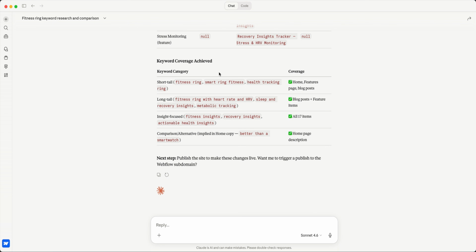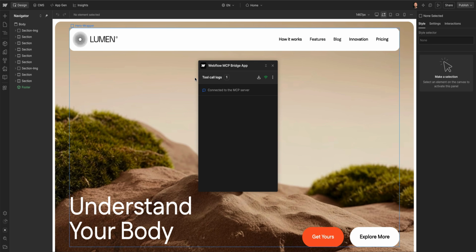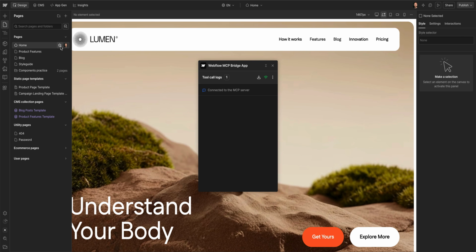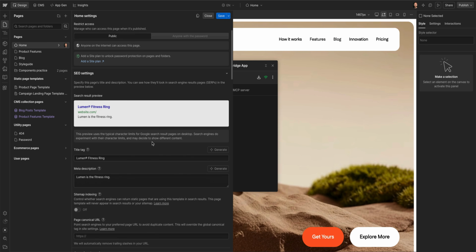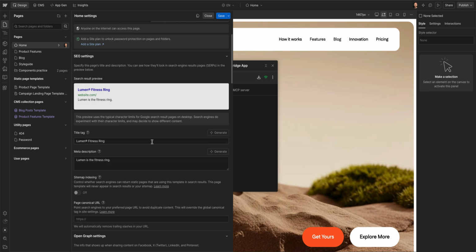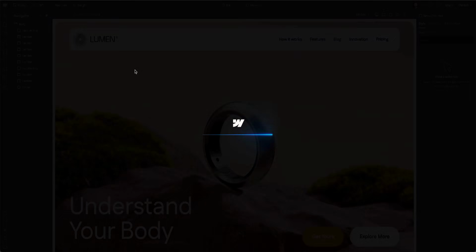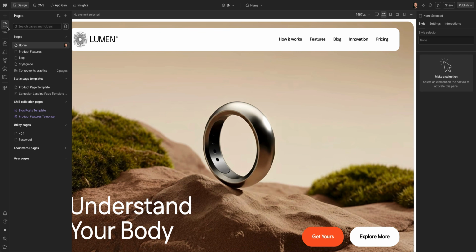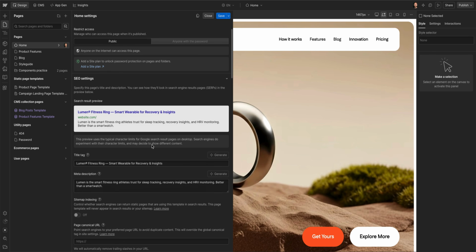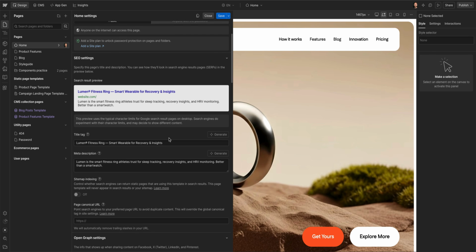So let's go over to Webflow and look if the changes are here. We're just going to go back to our Pages panel, and we're going to click in and see if it has been added. Sometimes you need to refresh the website, so let's just do that. Let's refresh Webflow. We'll just press Command R and refresh our site. Let's go back in, click into the page settings, and there we go. It has been applied. So Claude automatically updated the meta description and the title tag with us just saying approve,